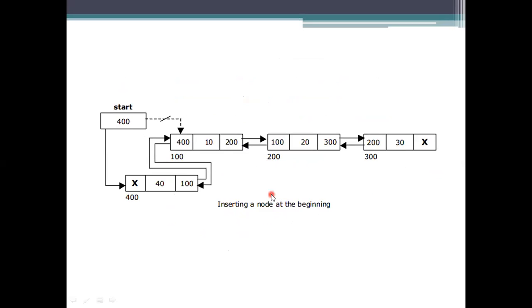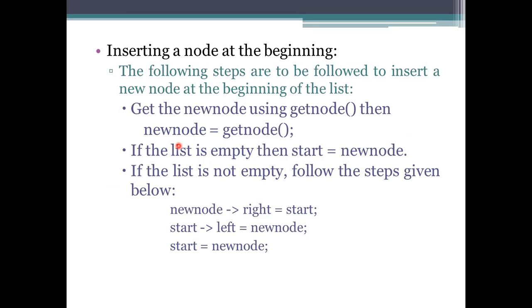So this one, first create this representation. First it is initially taken as this one. Here we have the null mark. Initially, it adds the value at the beginning, meaning before 10 we are adding 40. Before 10 we are adding 40, which means we need to make several changes. The first change is to mark the start address first, and then the values in the predecessor and successor links have to be updated. So the new node's right will be start here.